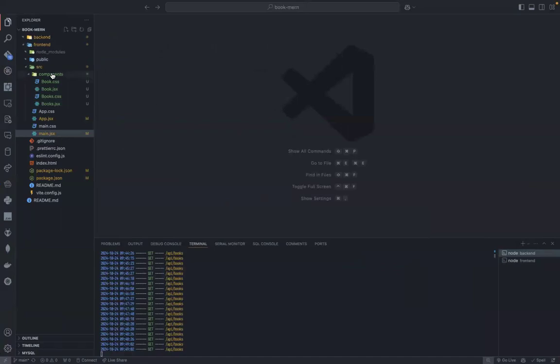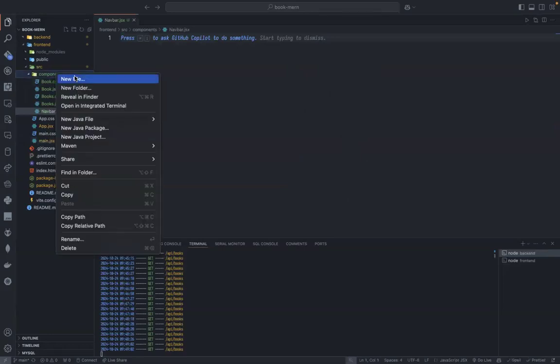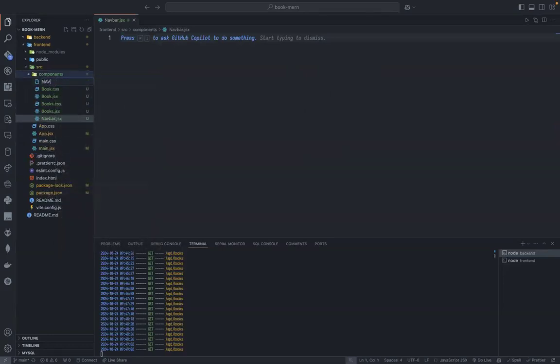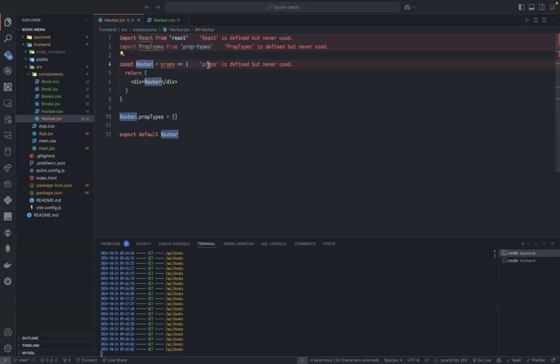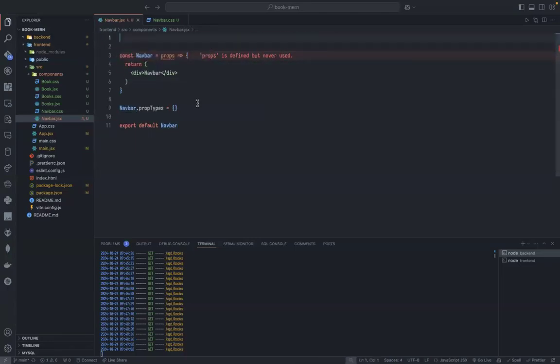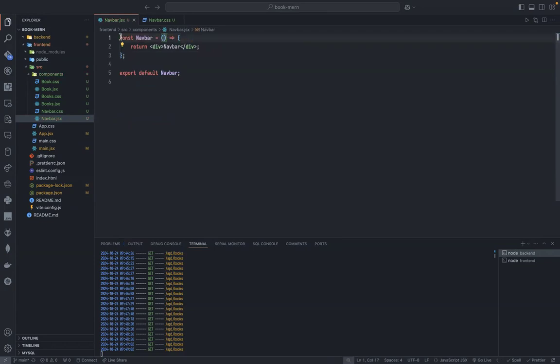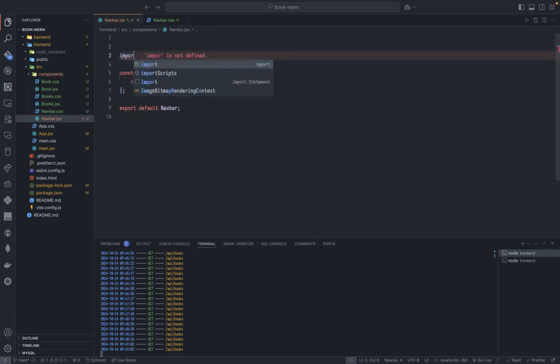I can create a component here. So here, let's name it navbar.jsx. And in here, I need to do navbar as well. So navbar, it's the same, CSS. So in navigation bar, what do I need to do? I need first to create my components. So FCP. I don't need any prop type. I'm not gonna pass anything to this one. I don't think I need the props. But what I need to do, I need to import my CSS here. So import